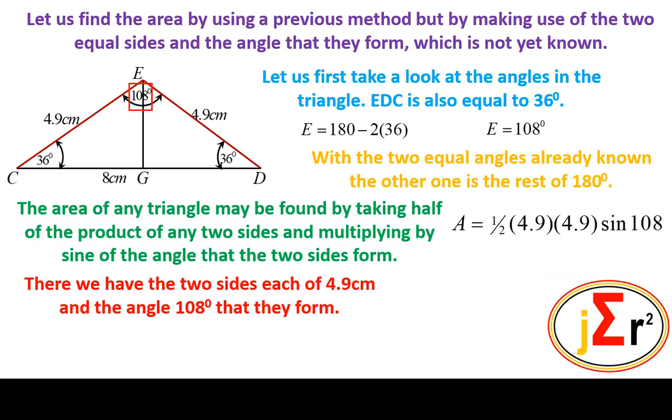We may shorten the appearance of this expression by saying that 4.9 is occurring twice in the area, so we are squaring that. Area is equal to a half 4.9 squared sine 108 degrees,